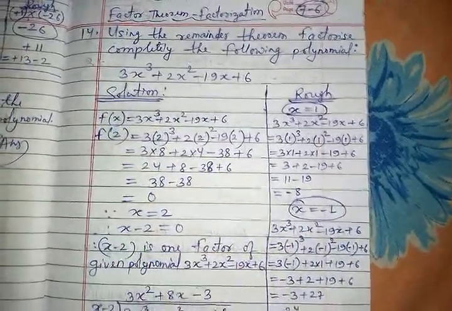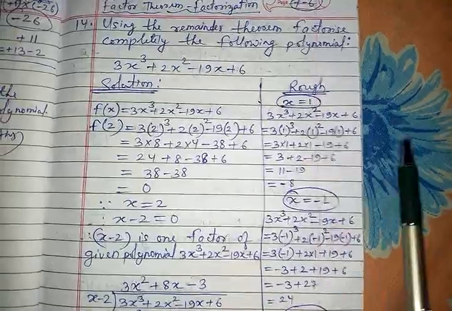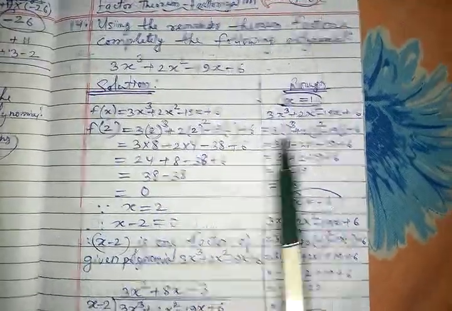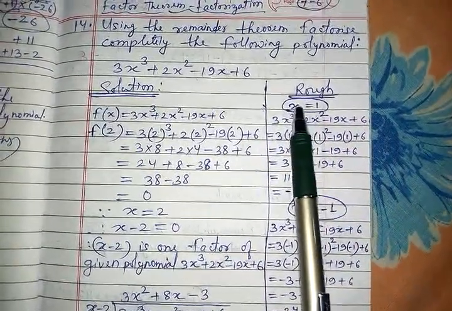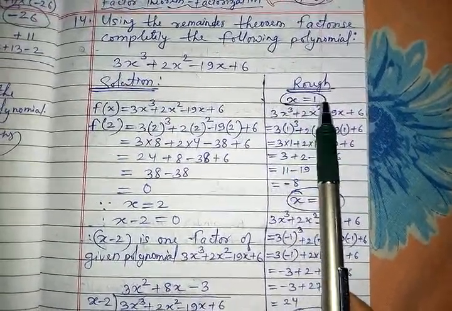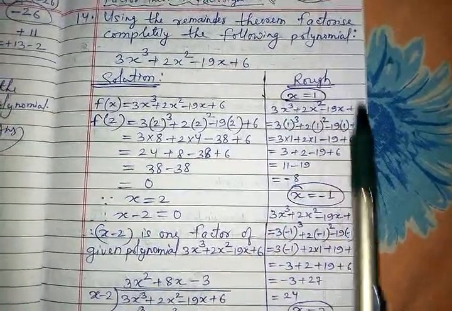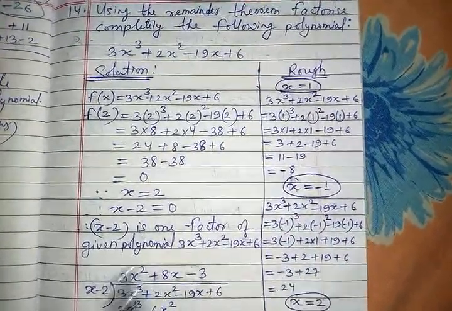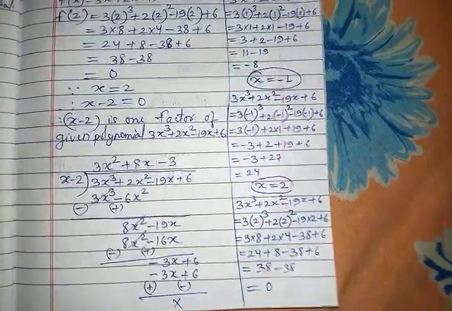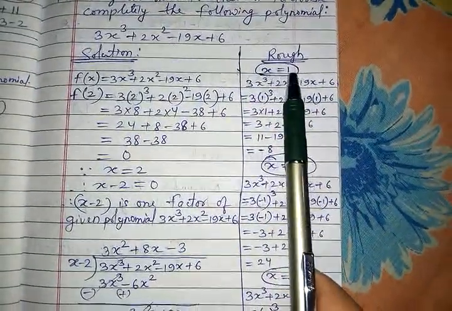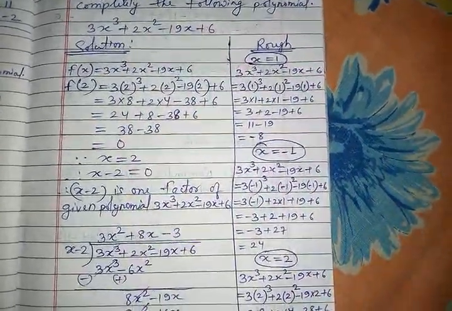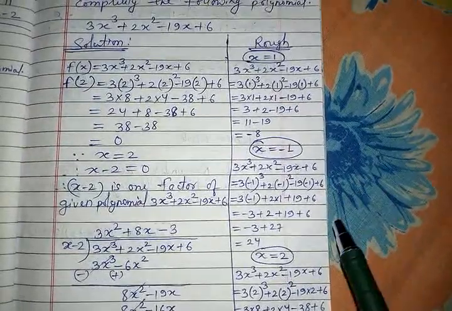Before we begin this question, it is very important that we do rough work at the right hand side of the page. Write this polynomial or expression in the rough and start putting the value of x by yourself from 1. Put first x equal to 1. If 0 comes, fine. If it doesn't come, then x equal to -1. If 0 comes, fine. Otherwise go further to x equal to 2, and if 0 comes, fine. If it doesn't come, then -2. That means you have to put the value of x like this: first 1, then -1, 2, -2, 3, -3. And as soon as 0 comes, you have to stop.